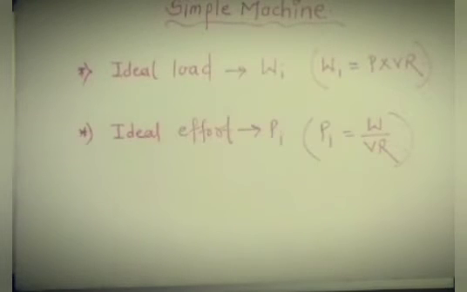Now next is ideal load and ideal effort. What do you mean by ideal load, or what do you mean by ideal effort? See, initially we discussed load and effort. That one is the actual. Actual means whatever load is lifted or whatever effort is applied. Then what do you mean by ideal? So ideal load is nothing but the load without friction. Where there is no friction, that is known as ideal load. When there is no friction in effort, then it is known as ideal effort,